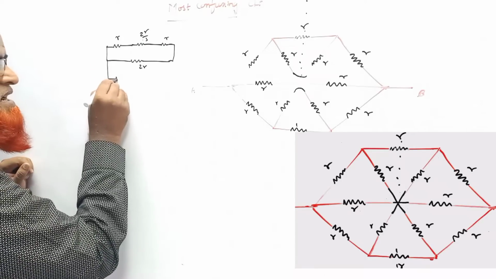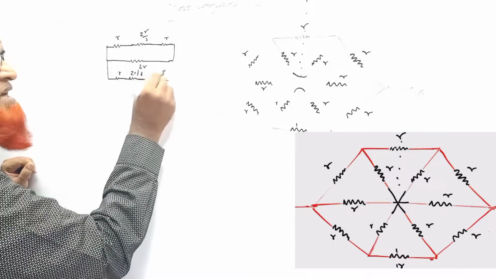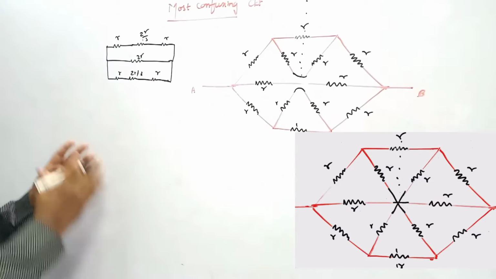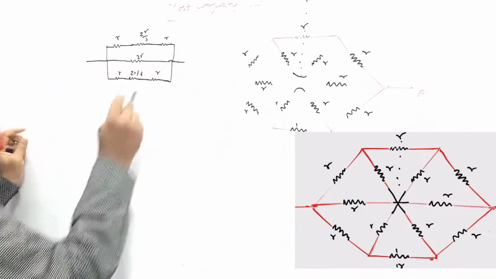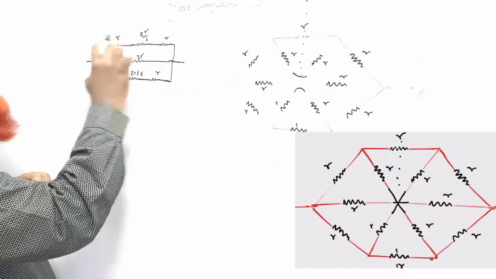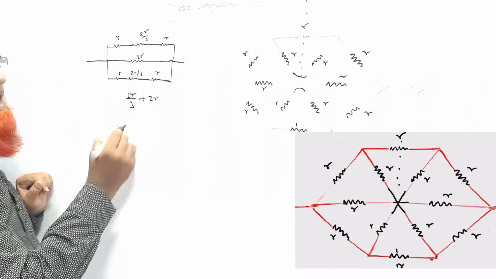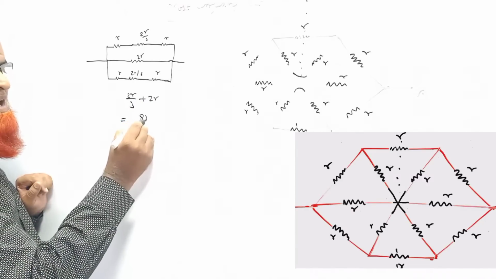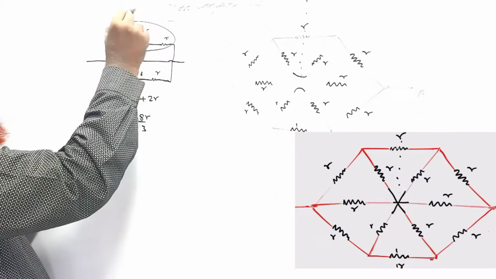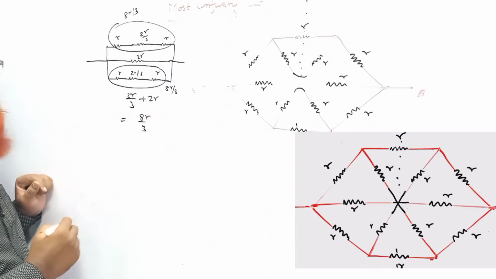So you can just write here R, 2R by 3 and R again. So R plus R is 2R, they are in series. So this is a simple circuit which can replace this complex one. Now it's very simple. 2R by 3 is in series with R plus R, which is 2R. So 2R by 3 plus 2R is nothing but 8R by 3. So this combined together is 8R by 3. And the same circuit below is also 8R by 3.